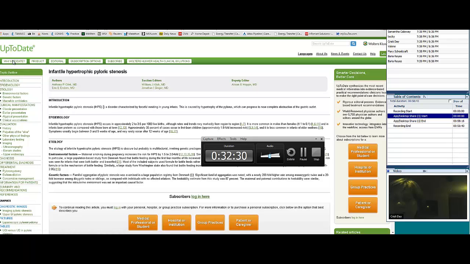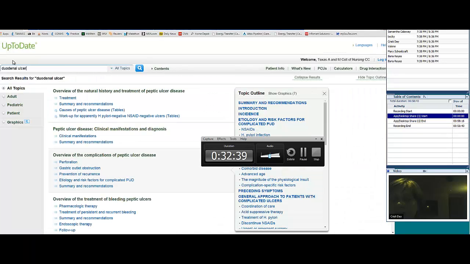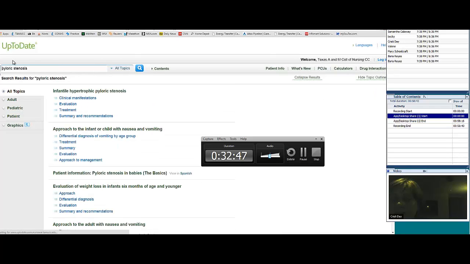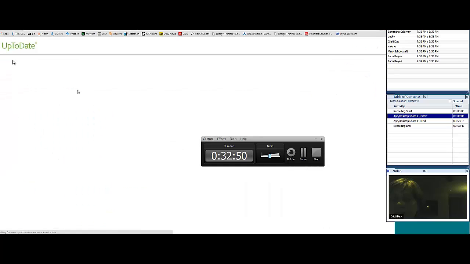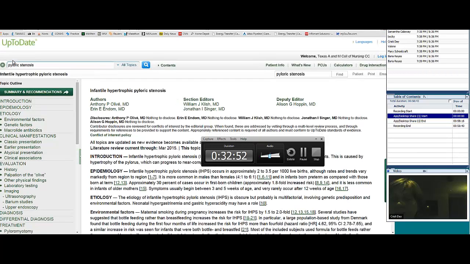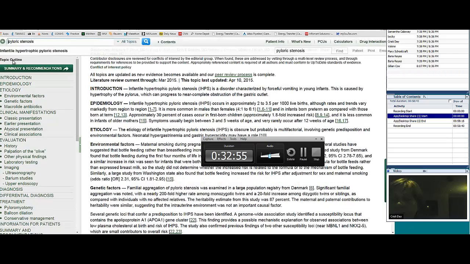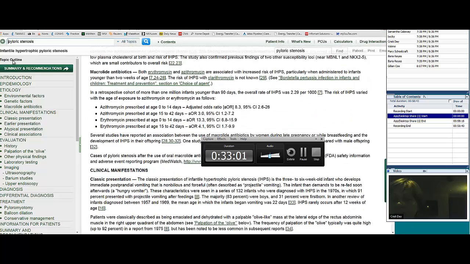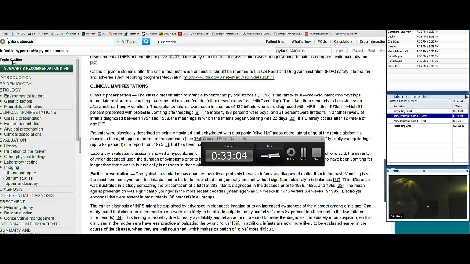You're going to look at all the things there, and let's see. Do y'all have any questions on that one? Have y'all read that one? Okay, pyloric stenosis. Let's see if there's anything, clinical manifestations. This one is the one that they use the same immediate postprandial vomiting. This is not the one where there's a grape